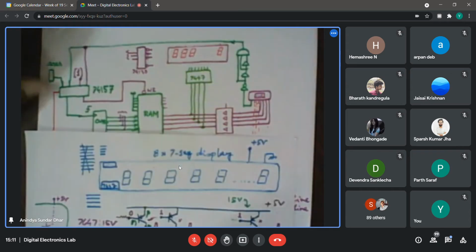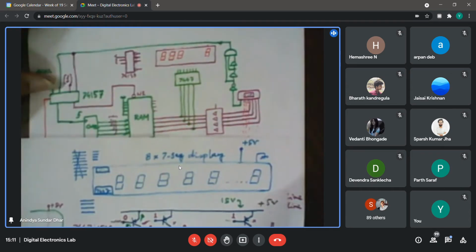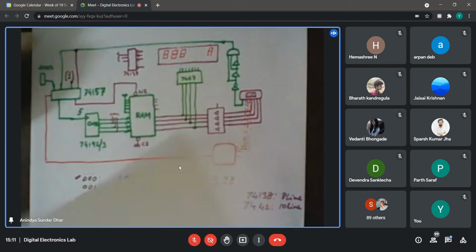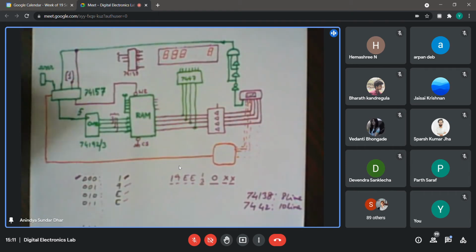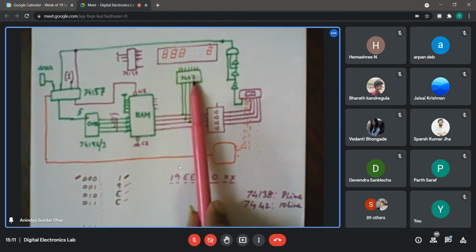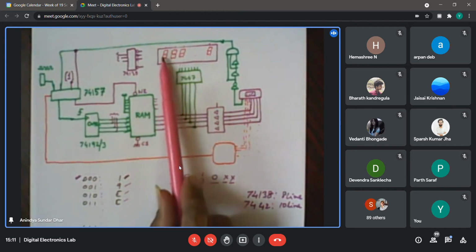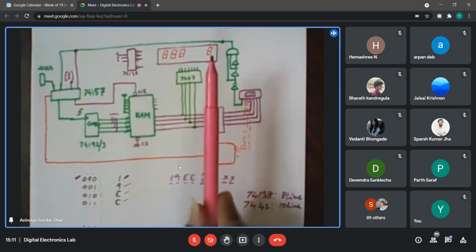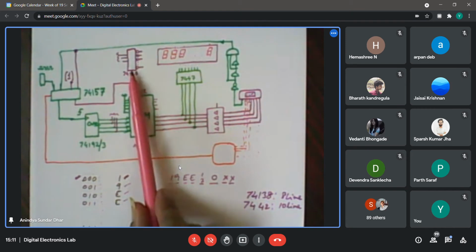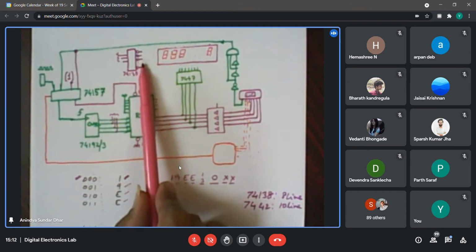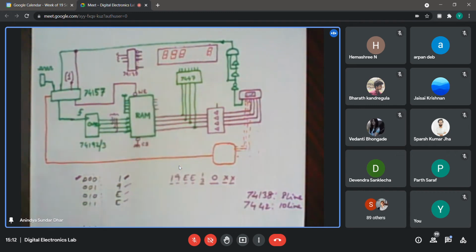I suggested that last year, and some students said that we then need to modify our earlier design to some extent: rather than 7447 we need to change to 7448, and in place of common anode we have to put common cathode. So they found that it might be easier to keep the common anode display, but just put 8 inverters at the output of each of them.